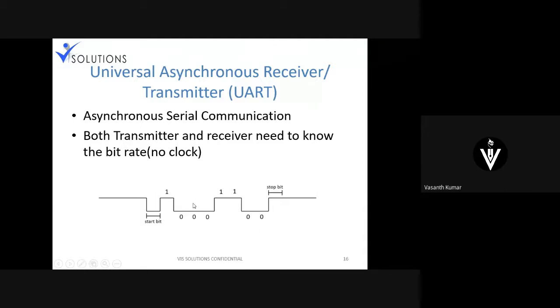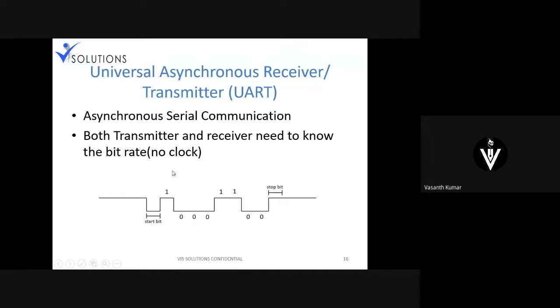Very importantly, to count 8 bits, you should know the data rate, at what rate the data comes. The simple reason is that if the receiver doesn't know how much time one bit will be available, then when 000 is coming, it doesn't know how long a particular bit lasts. One 0 comes, it marks it as 1 bit. One more 0 has come, and it doesn't know whether it's a new bit or the older bit. That's where baud rate comes into the picture.